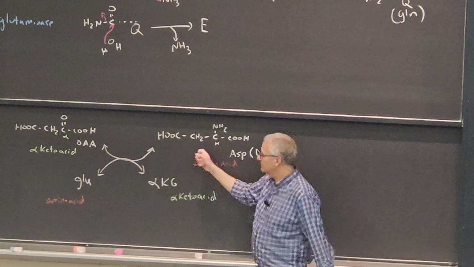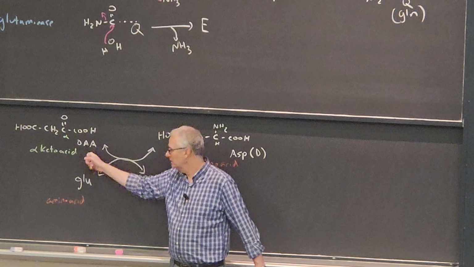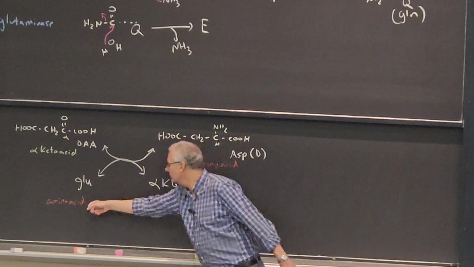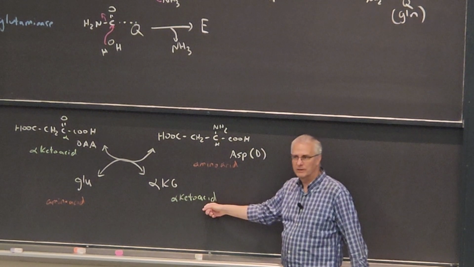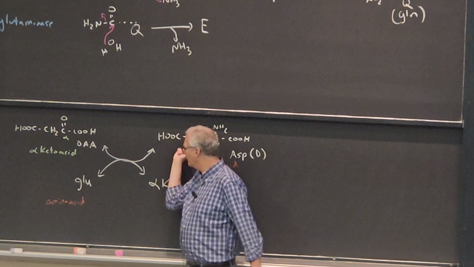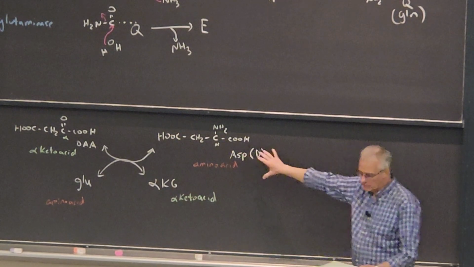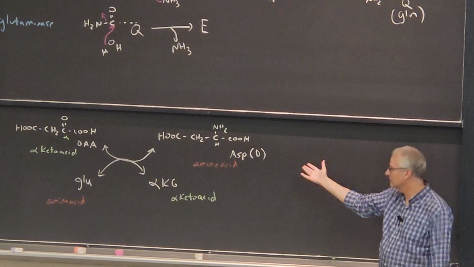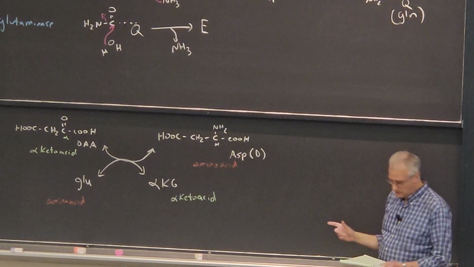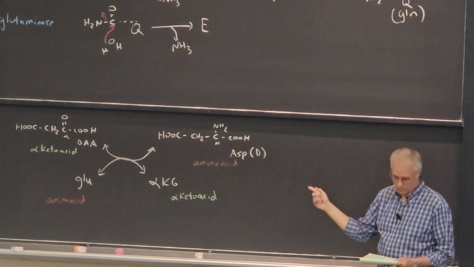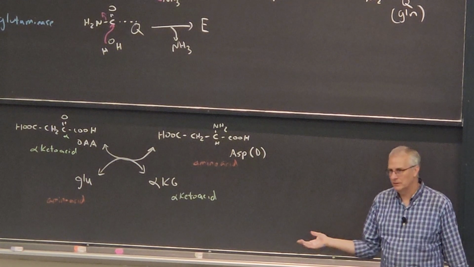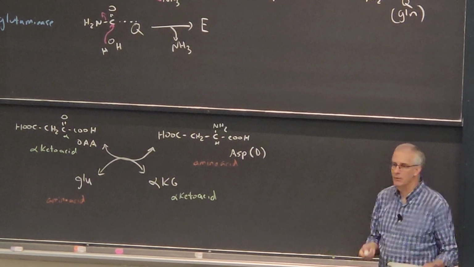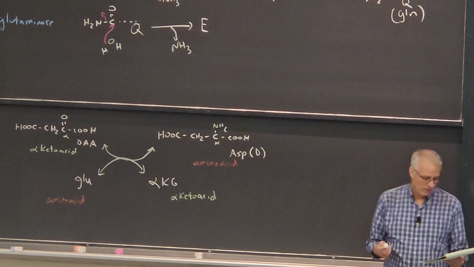Okay, the amino acid is more reduced than the alpha keto acid, but my electrons are conserved because as I'm doing the reduction here, I'm doing the oxidation of glutamate to alpha ketoglutarate. Nitrogen is conserved. There's a nitrogen here, there's a nitrogen there. If I draw this whole thing out, all electrons, all nitrogens, all carbons, all oxygens, everything here is conserved. I'm basically swapping the alpha keto group for the amino group. And it turns out this is the route cells use to transfer nitrogens around to make all kinds of amino acids and interconvert them with their alpha keto acids.